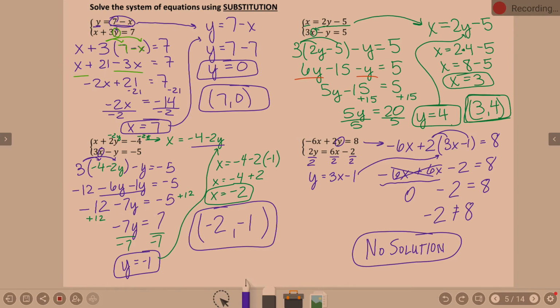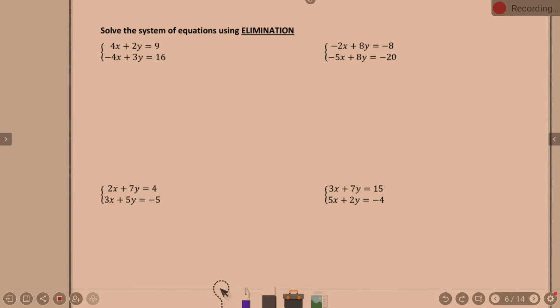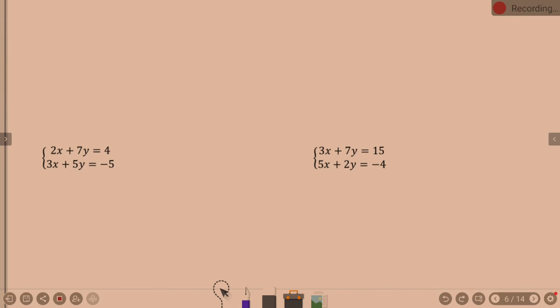Okay. So we graphed on Friday. We kind of reviewed substitution here. And now we need to eliminate. I think this is faster. Actually,